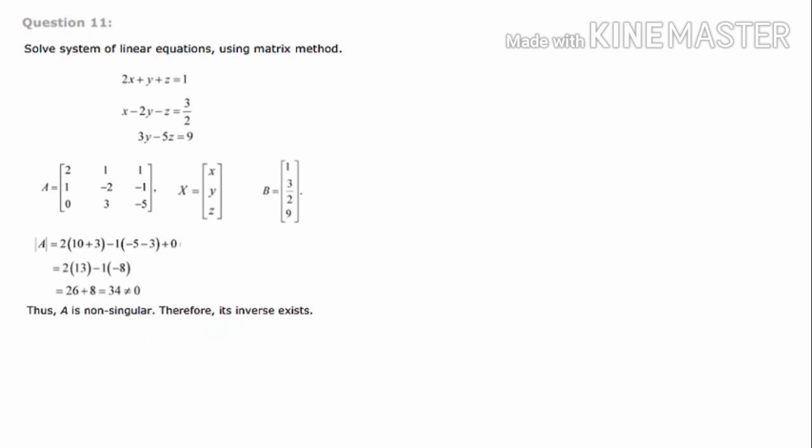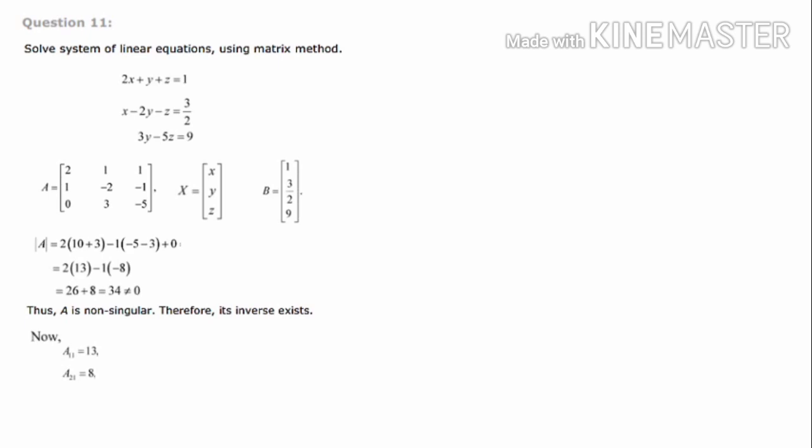So here we need to calculate adj A, and here A is a 3 by 3 matrix, that means we have to go for finding the cofactor matrix. Let's go for finding the cofactors of each element. First element is A11, that is 2. That particular row and column is gone. Minus 2 into minus 5, that is plus 10. Minus into minus plus 3 into 1 is 3. So 10 plus 3 is 13. And the sign here is plus because here 1 and 1, first row, first column. 1 plus 1 is 2. 2 is even. That's why the sign is plus.